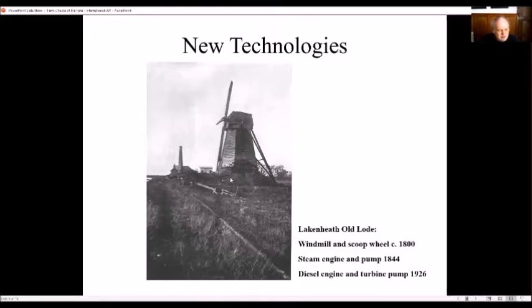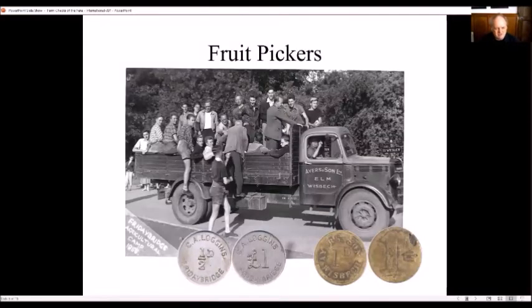And the windmill was replaced by a steam engine, which was driving a pump, and that was replaced by a diesel engine and a pump in the 1920s. So everything's becoming more compact and more efficient. And these days, all of these drains are emptied using electrical pumps and turbine devices driven by electric motors. All right, so once you've got the land drained, it turns into extremely fertile soil. There's several meters of peaty soil there, excellent for growing fruit crops and arable crops.